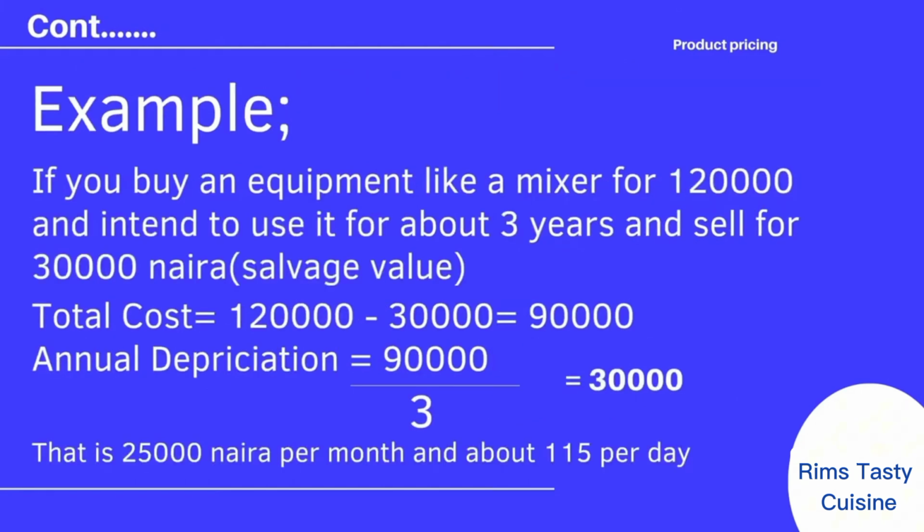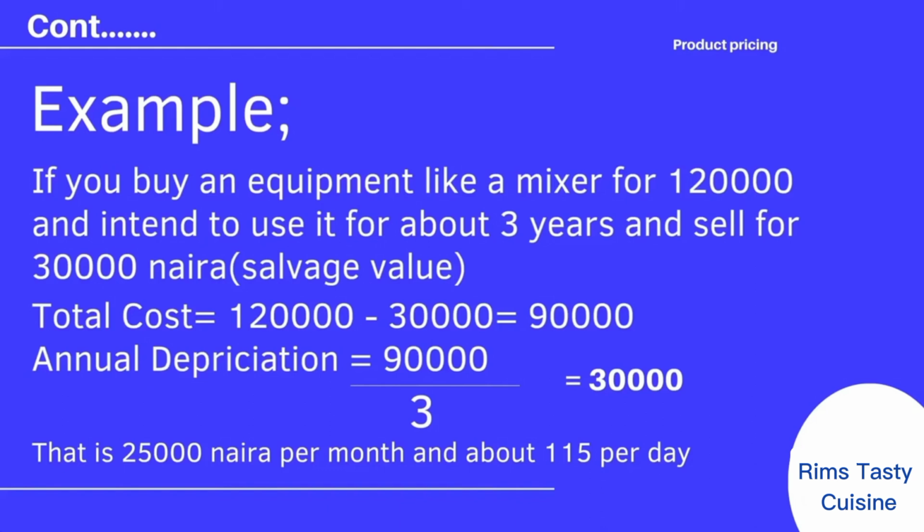So let's say for instance you buy an equipment like a mixer for 120,000 naira and you intend to use it for about 3 years, and when you want to sell it for 30,000 naira, because maybe by then it's cheaper and your own is not even new. So your total cost will now be that 120,000 naira you bought it minus the 30,000 you want to sell it for, because that 30,000 will be coming back to you, which is 90,000. So for a year your annual depreciation will now be that 90,000 divided by the 3 years you want to use it, which is